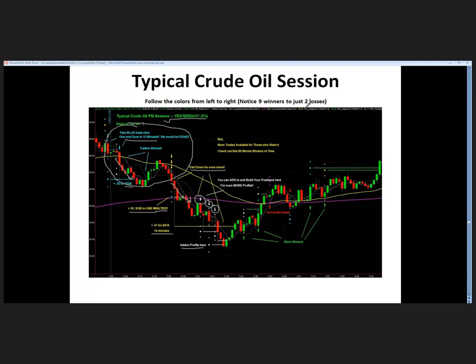Some of those, the ones you circled in white, were optional positions that you can literally use to build your position as a target, as the price goes towards your target. I mean, this is really great for putting on add-on trades. And you don't have to, but I've just found that they're so profitable, especially on Forex. When I show you the Forex, you're going to definitely want to think about those add-on trades. But that's what's going on in this chart. Just a lot of trades, and most of them winning.